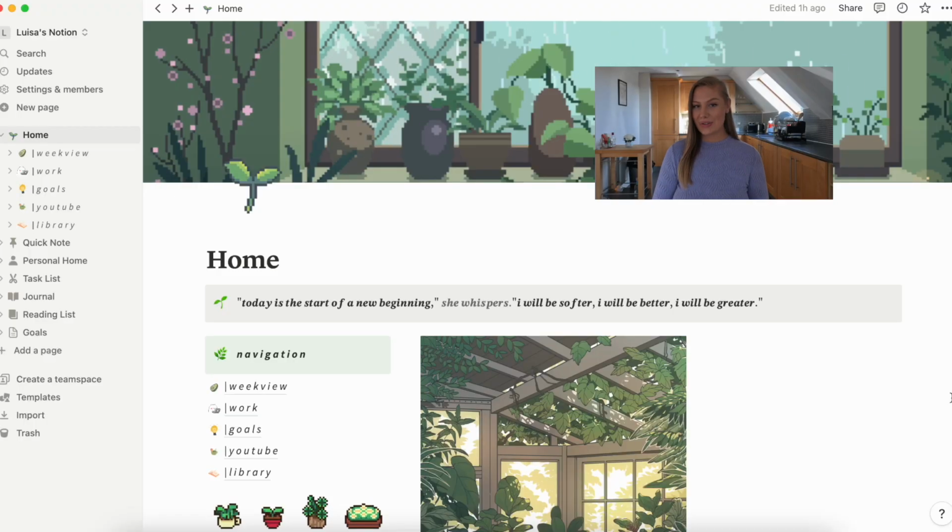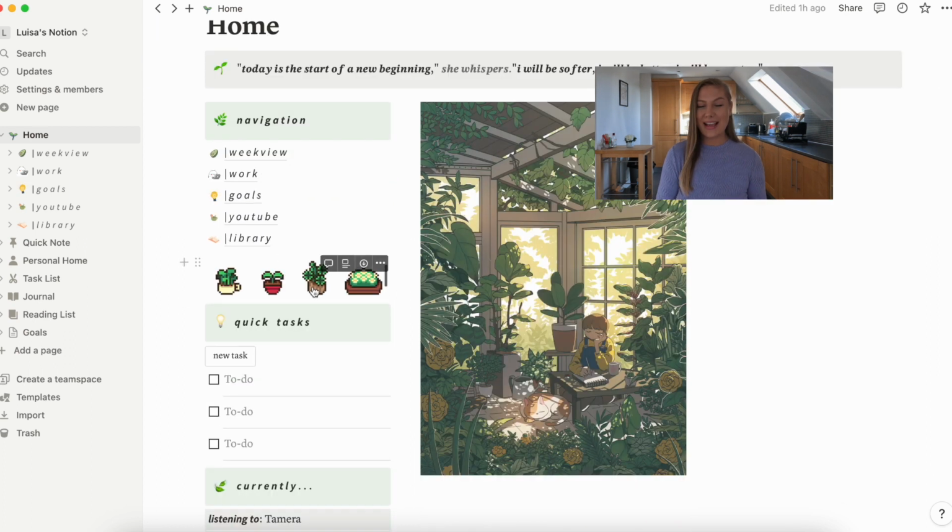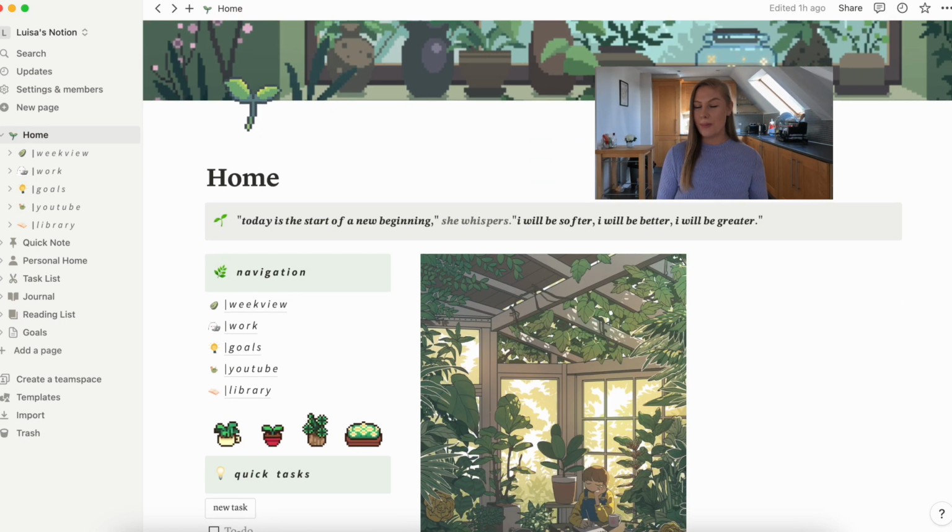So Notion is described as a place that you can think, write, plan, capture. It's kind of like Microsoft OneNote, if anyone's used that before. That's something that I used to use myself. But I am just obsessed with Notion because you can completely personalize it. As you can see here, I've got the cutest little GIF on the banner, and you can add your own little icons to the side. I'm obsessed, like this is making me motivated to use Notion and make goals. And that sounds so sad, but it's so true. This has a long way to go, but I'm super happy with it as it is. So this is my homepage on Notion.